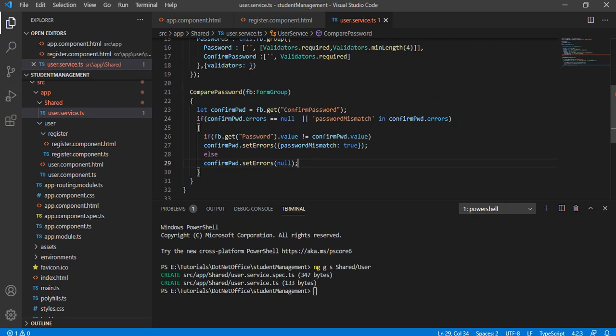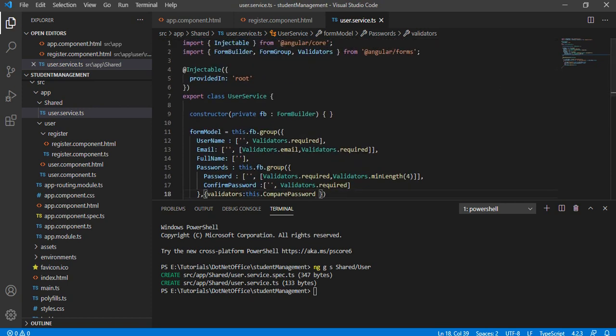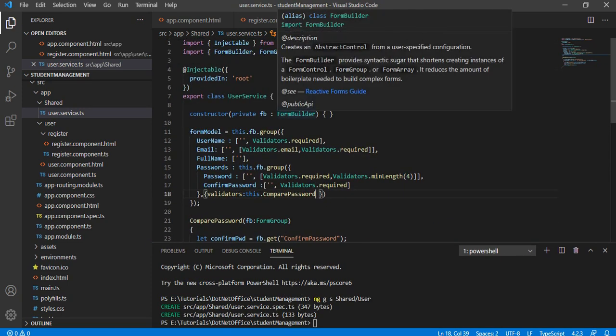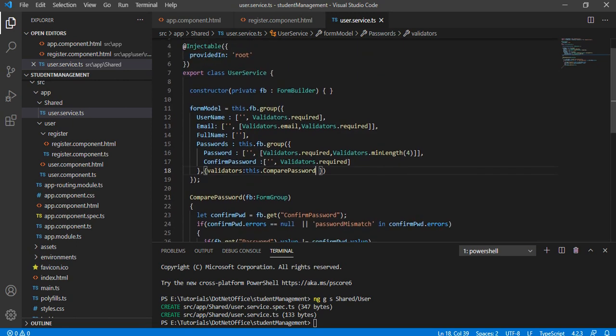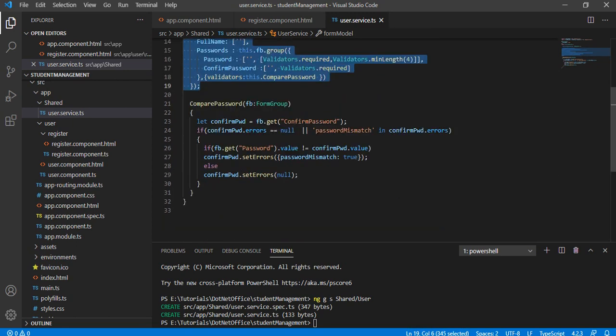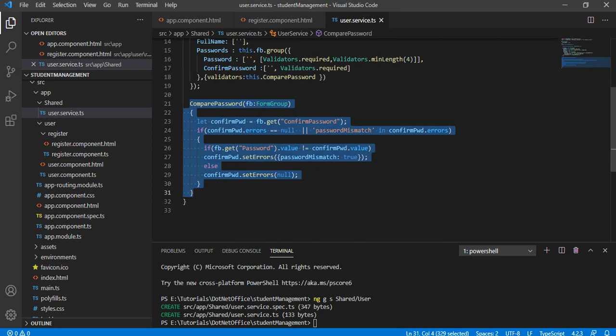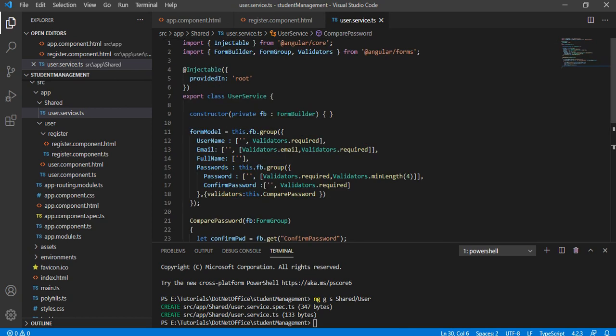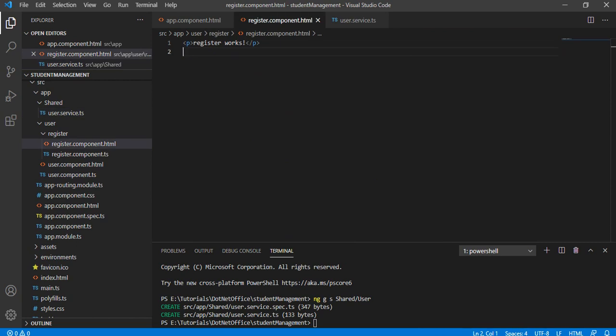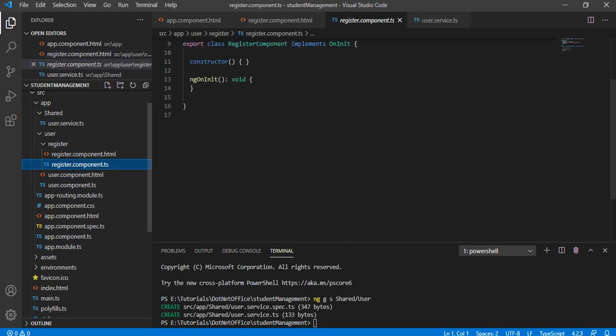Now what we have done here is we have created a function to check the error. This we have to assign inside here, this value we have assigned here. So this form we have designed to check the password. First we have taken a form model, and then we have created a function to check the password. After doing this, let's go to register component.html, and before that let's go to this register component.ts,